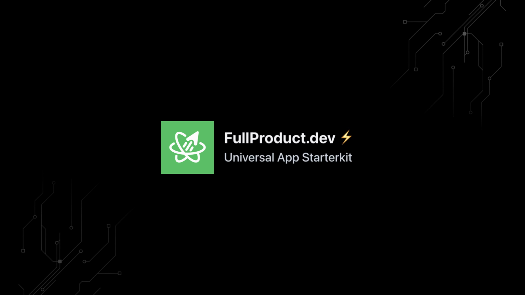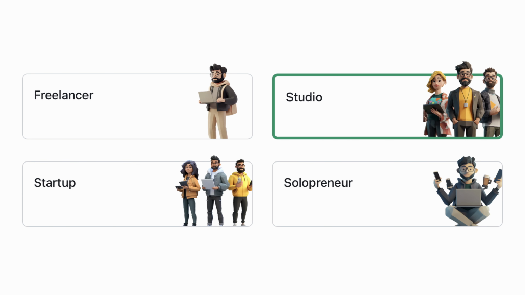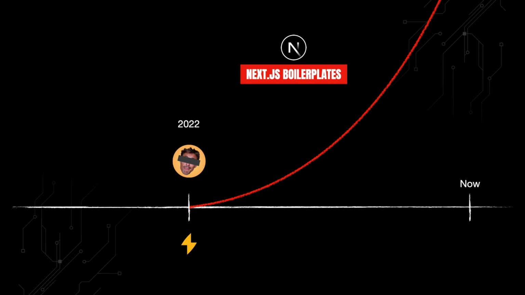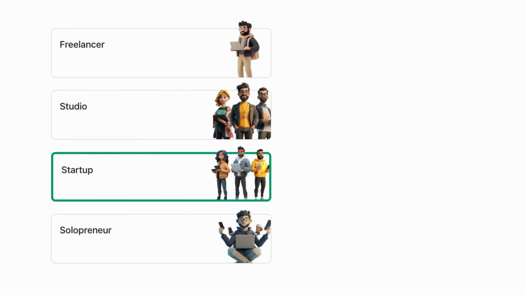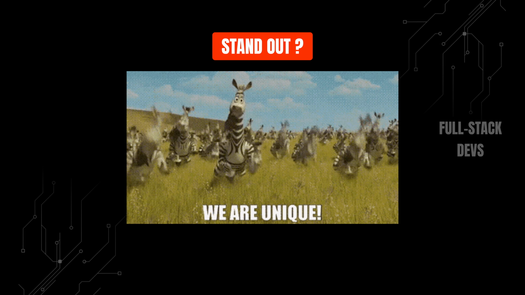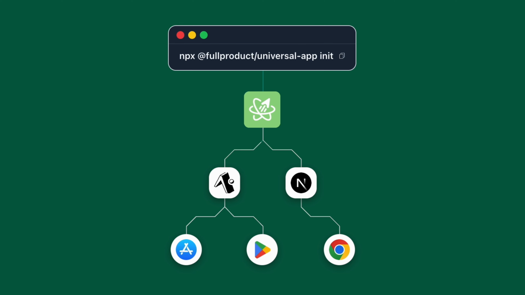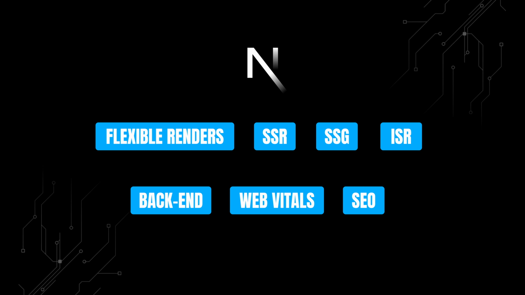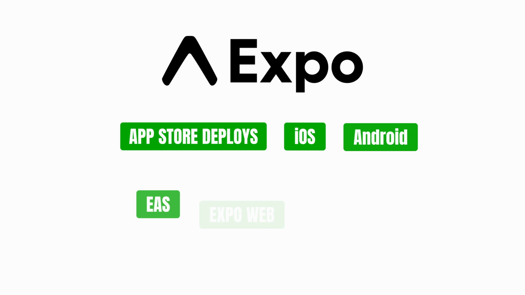FullProduct.dev, a starter kit for experienced freelancers, agencies, startups, and solopreneurs that doesn't just give you another Next.js boilerplate, because one thing each of these has in common is that you have to stand out in an oversaturated market. Luckily, a great way to stand out both as a starter kit and developer is to ship apps to more platforms. It does this by combining Next.js as the best of the web with the absolute powerhouse that is Expo